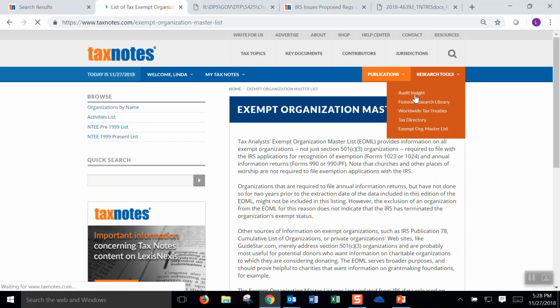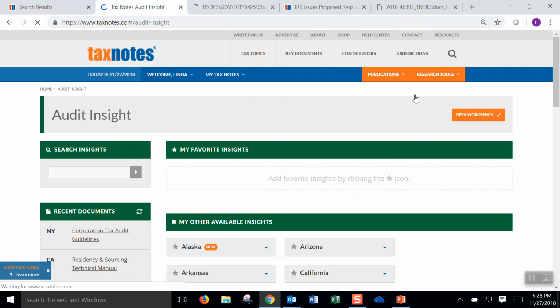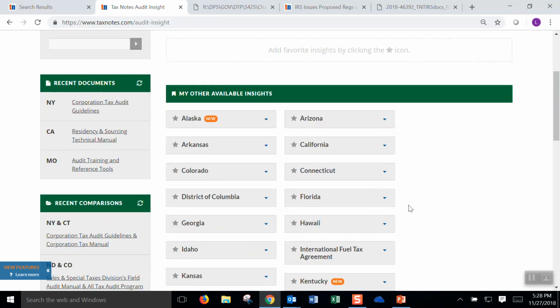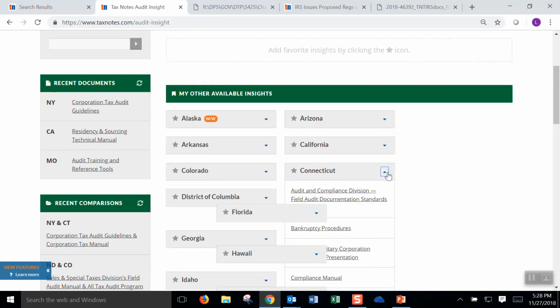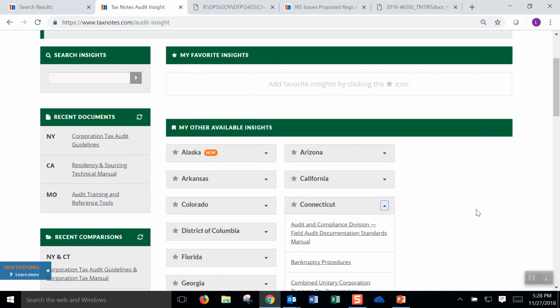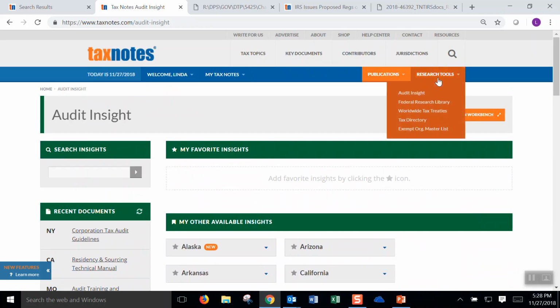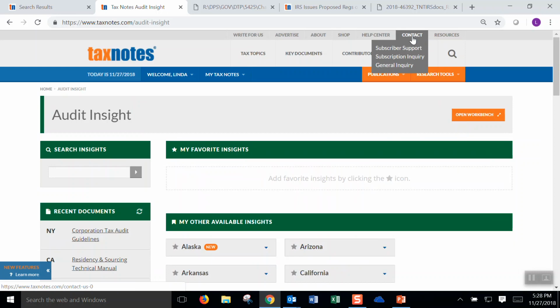This is a collection of audit manuals from the various U.S. states. They outline the procedures that the state auditors are meant to follow when they audit a business within the state. So again, with these databases, if you'd like a trial, go ahead and keep clicking through or contact us through subscriber support.